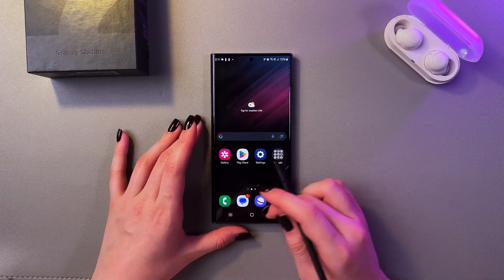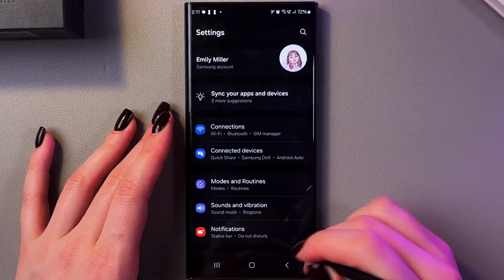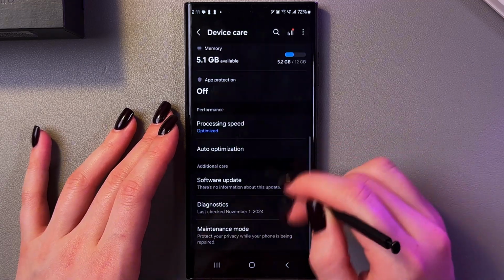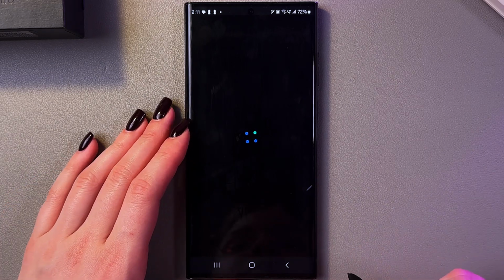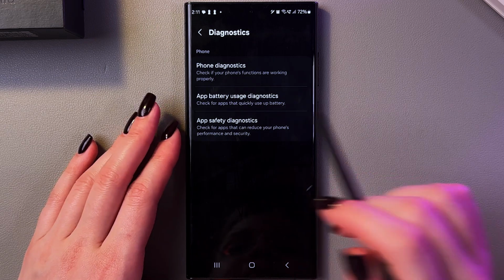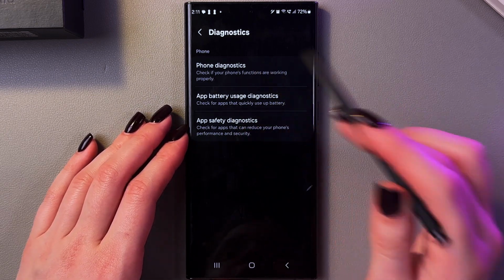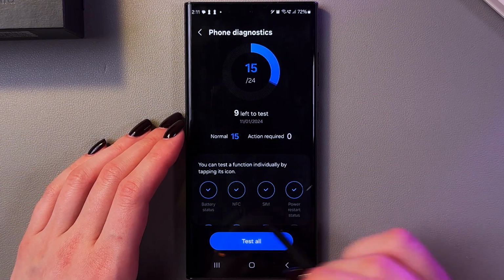Hi, wanna test your Samsung Galaxy S22 for faulty speaker? Then open Settings. Here, go in the Device Care tab, and after that, select the Diagnostic section. So now you would be able to see 3 options after it will load: Phone Diagnostics, App Battery Usage, and App Safety. So, as a first step, if you haven't run diagnostics before, you need to run phone diagnostics and